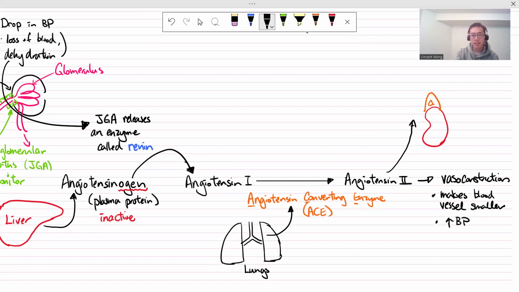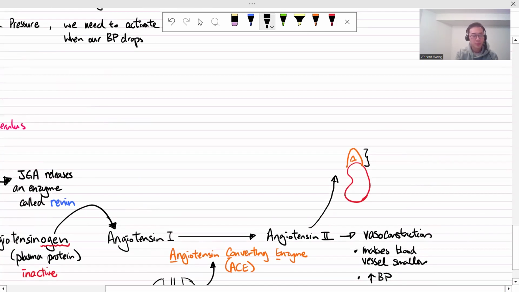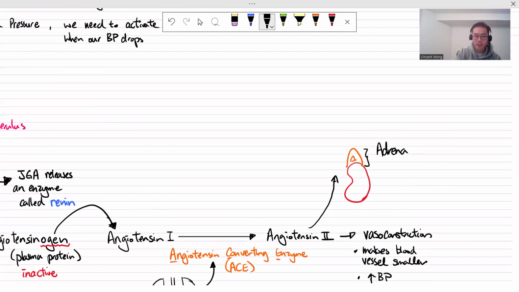Right? What is this thing? Anybody remember this guy? The kidney with its hat. But what's the hat? Do you remember that one? That's where the adrenaline comes from. So it's named after that. That's okay. This is the adrenal gland. Okay. So the angiotensin number 2 is going to go to the adrenal gland. Actually, it's going to be the adrenal cortex, the outside, and it's going to trigger it to release